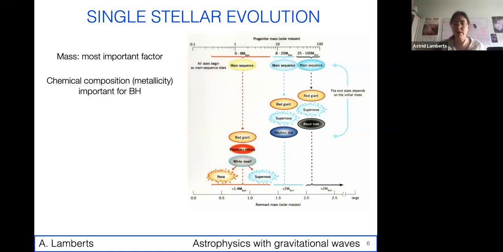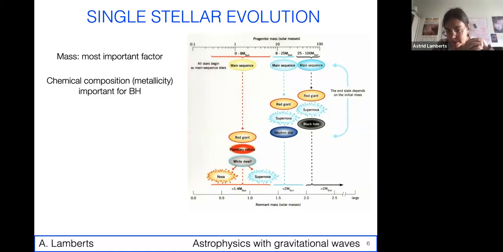And whatever was outside will be a beautiful planetary nebula that you can see with many telescopes. And so that's the life of a low mass star. More massive stars have the same evolution, but on a much faster time scale. And once they've burned helium into carbon and oxygen, they will keep on burning things because they're massive enough. So it's warm enough in the core for nuclear reactions to keep on going